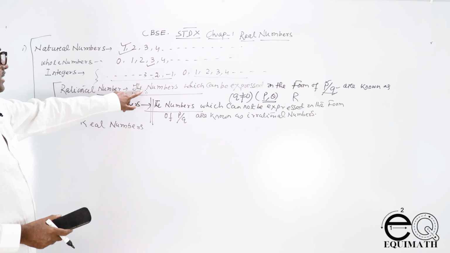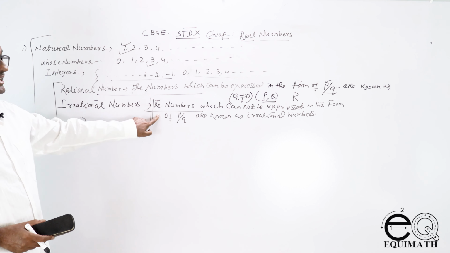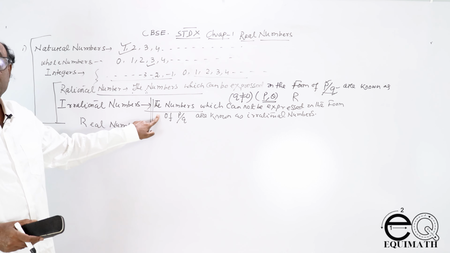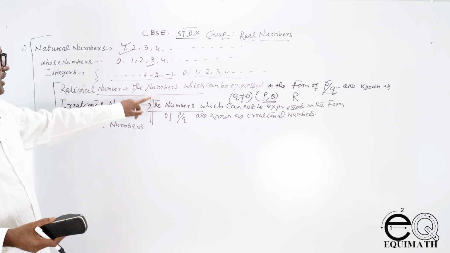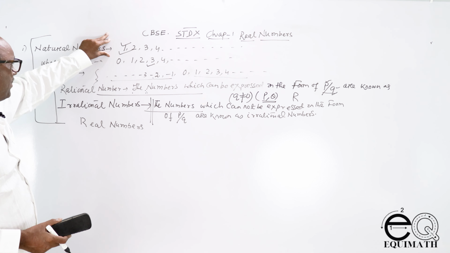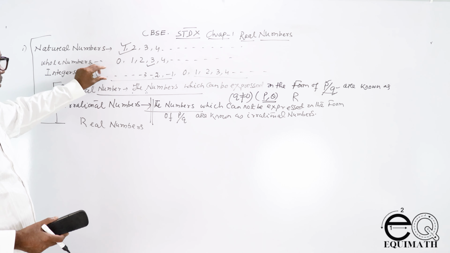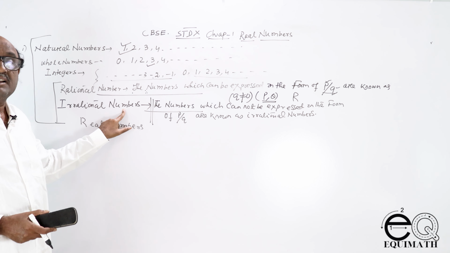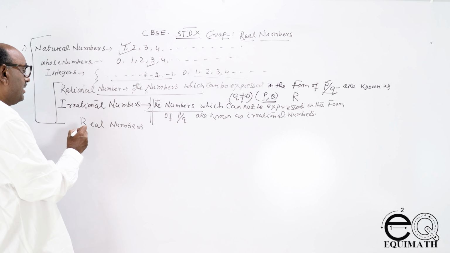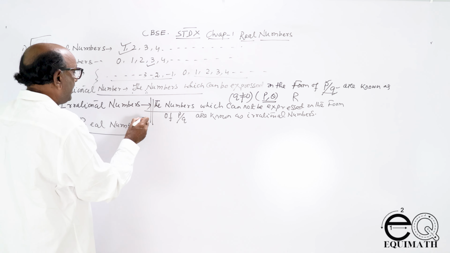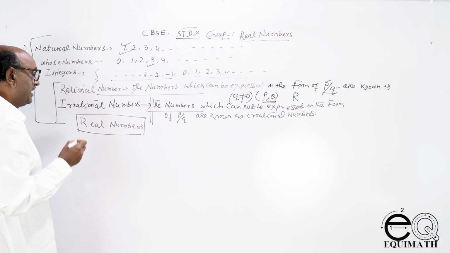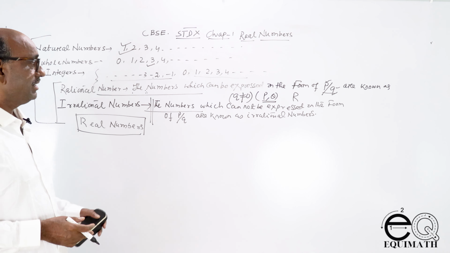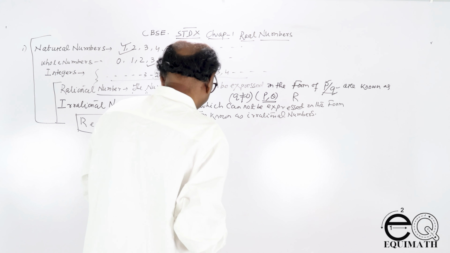So total, all the rational numbers and irrational numbers altogether are known as real numbers. Or you can say all the natural numbers, all the whole numbers, all the integers, all the rational numbers and all the irrational numbers taken as a whole, all are real numbers. Clear? What are real numbers? Now you see,